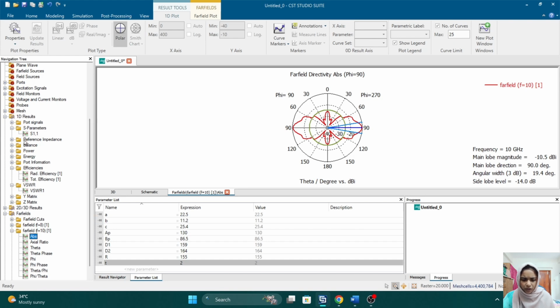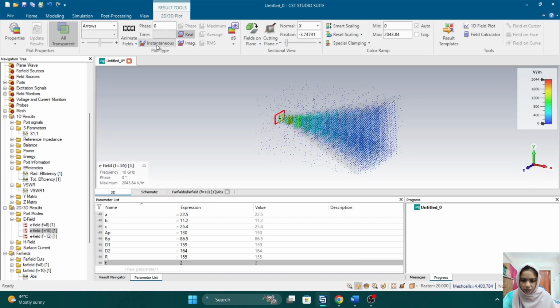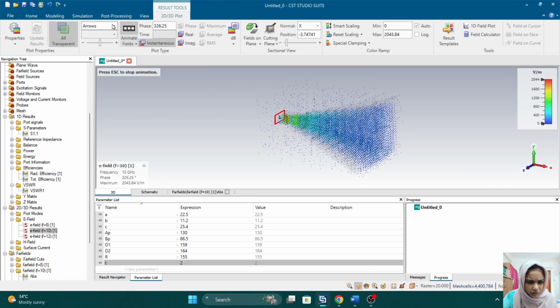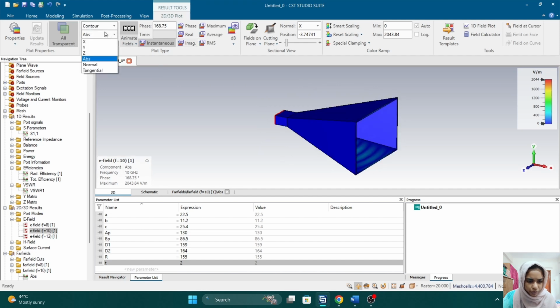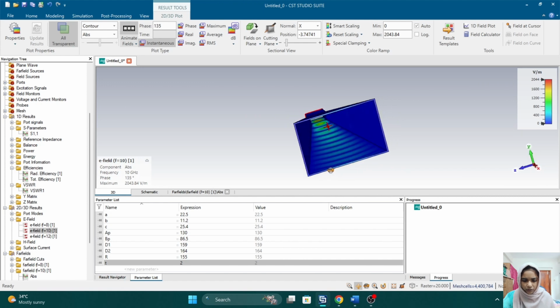Now if we see how the antenna is working, if we go for the efficiency at 10 gigahertz, and if we start to animate things with exchanging and control, and contour, now we can see how that is working. So it is now the working process of this antenna. So if we zoom in,